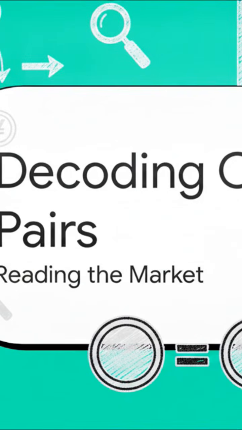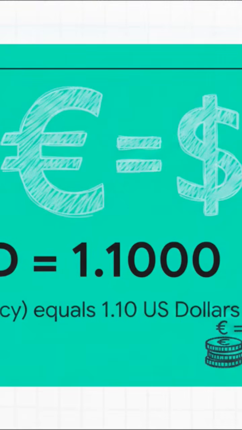Moving right along into Section 3, decoding currency pairs. Here's the thing. You will never, ever see a currency sitting all by itself. They are always, without exception, quoted in pairs. Let's look at a really standard format. EUR/USD trading at 1.1000. So the